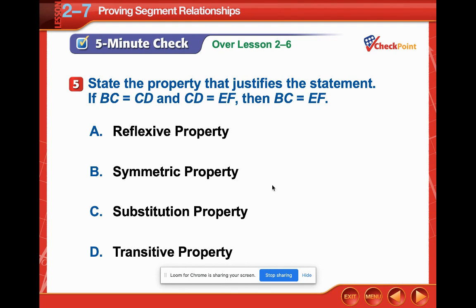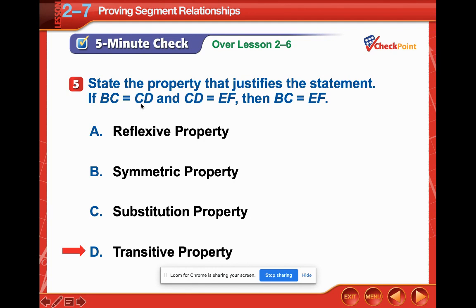Okay, hopefully you were able to solve this one on your own. So this one is one of the ones I was talking about yesterday in the video. Well, I checked out all of them, but this one I spent a lot of time talking about the transitive property. So trying to think of BC as like Boston College is the same